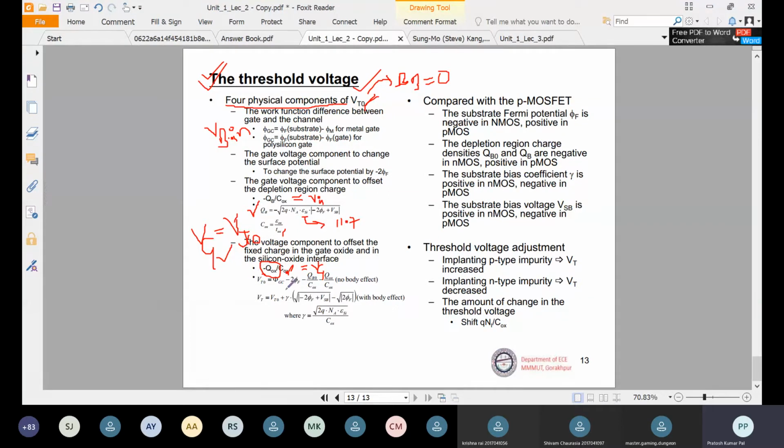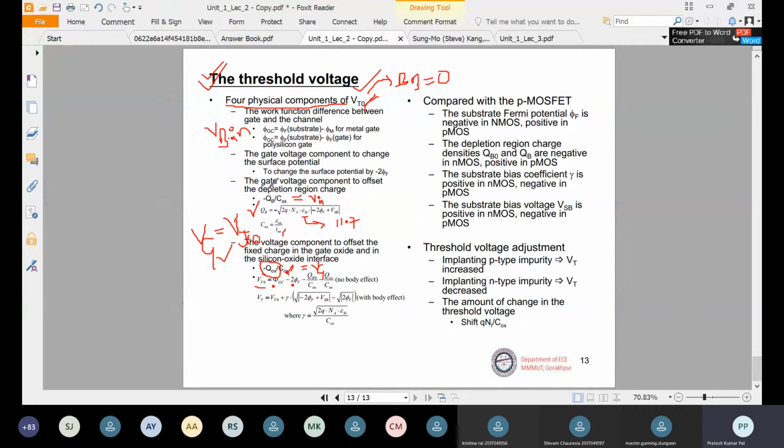तो फाइनली वी कैन फाइंड आउट the final expression for threshold voltage will be Vt0 is equal to phi, that is work function of gate and channel. So gate will be a metal and channel will be a semiconductor. So gate और semiconductor का जो work function का difference है, the first component will be this one. The second component will be because of the potential required to invert the surface. सरफेस को इन्वर्ट करने के लिए -2φf की कंपोनेंट की वैल्यू की जरूरत है.